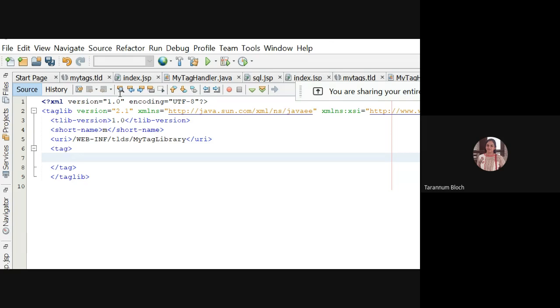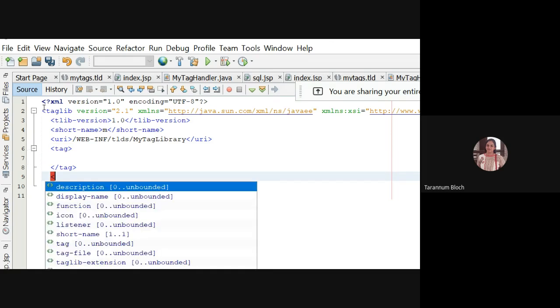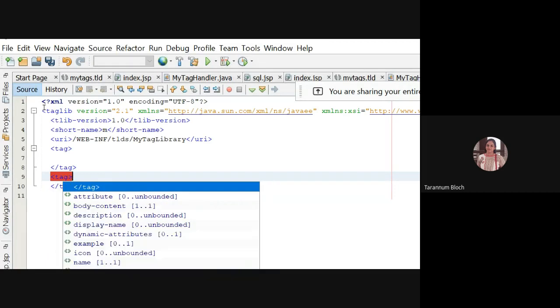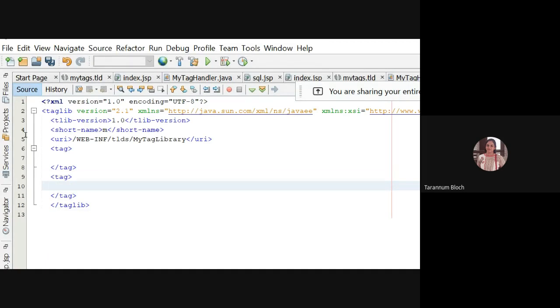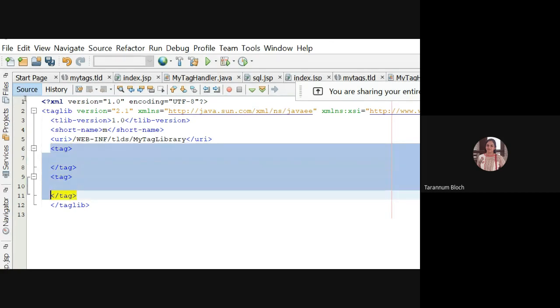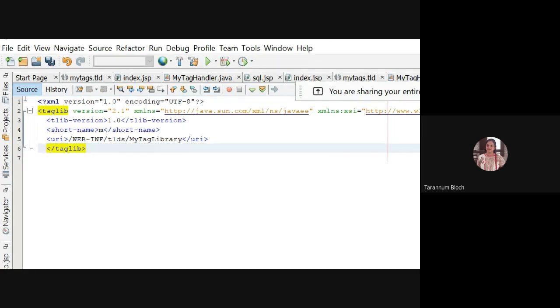And if this is a software company, there will be multiple tags. So if I have more than one tag, as many tags as I have designed as custom tags, that many times the tag will appear in your tag library descriptor. Now this is describing just your library: what are the tags, what are the custom tags. But to create the custom tag, you need a tag handler class.